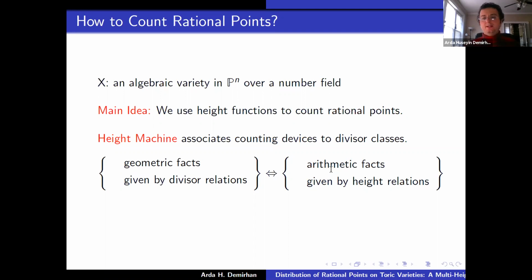And that means that the height function for very ample divisors is just the usual restriction of the projective space to the variety. But as we know, arbitrary divisors can be written as a difference of two very ample divisors, and the height machine ensures that the choice of this embedding affects the height only by a constant. But we don't need to worry about it